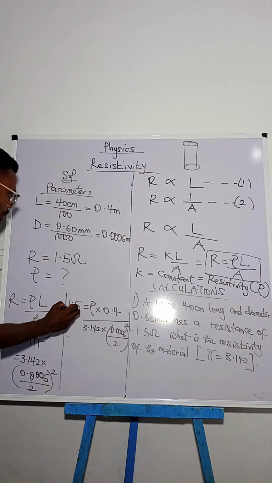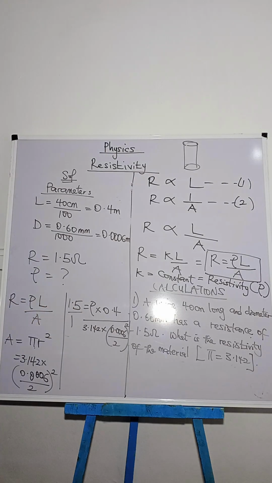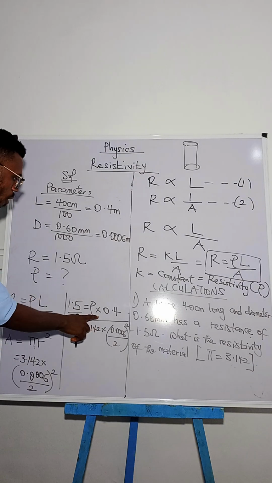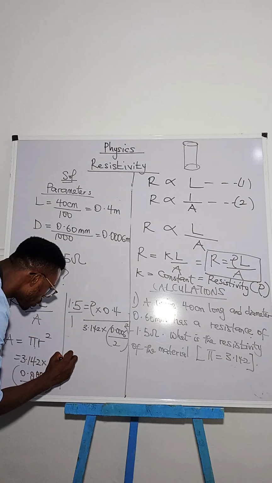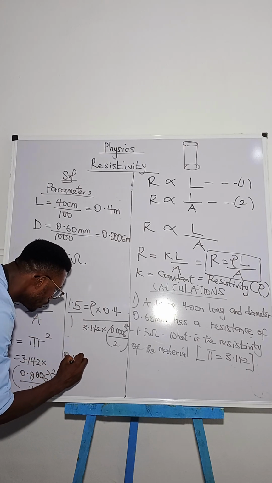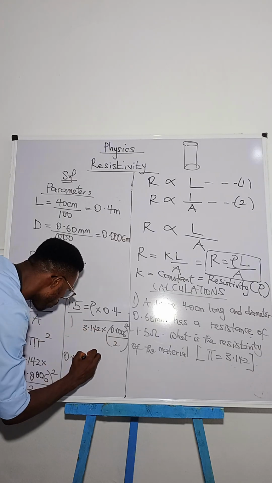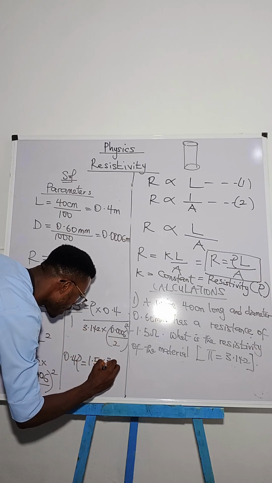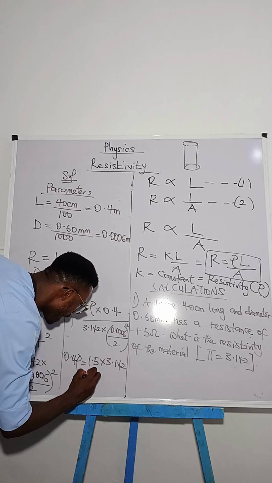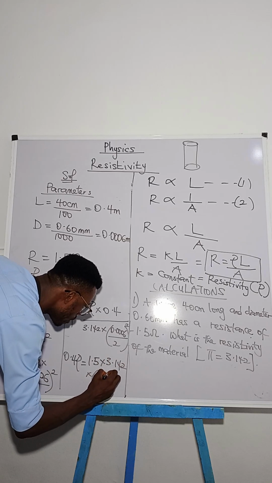Okay, so I will cross multiply. So 0.4 times rho gives me 0.4 rho equals 1.5 times everything I have there. So that's 1.5 times 3.142 times, in bracket, 0.0006